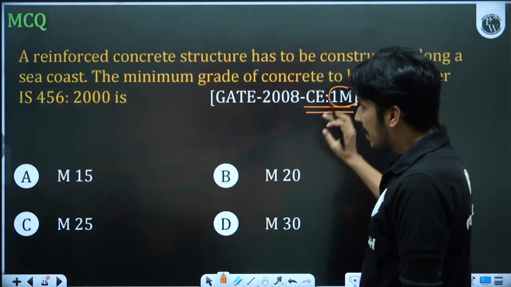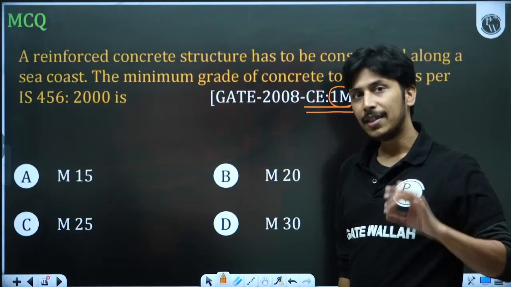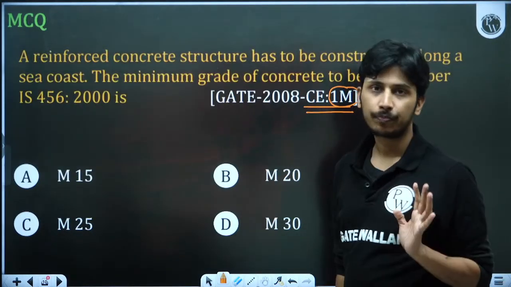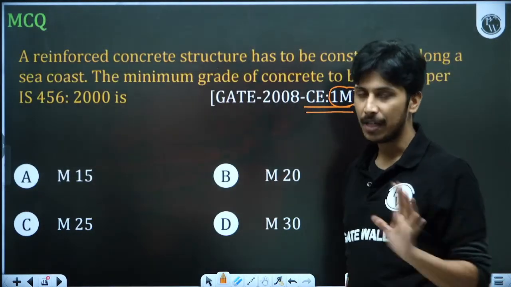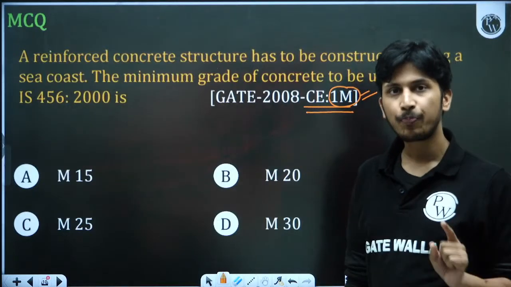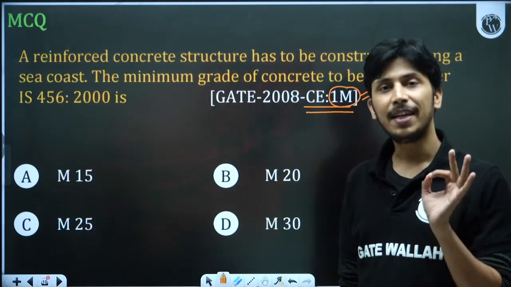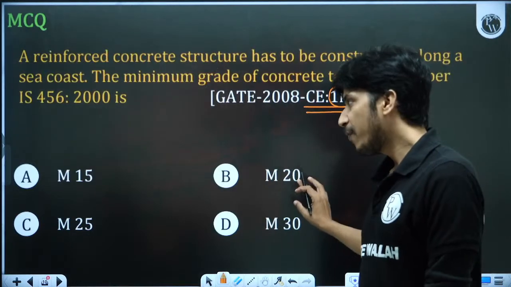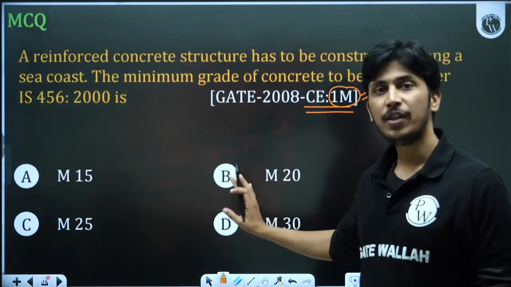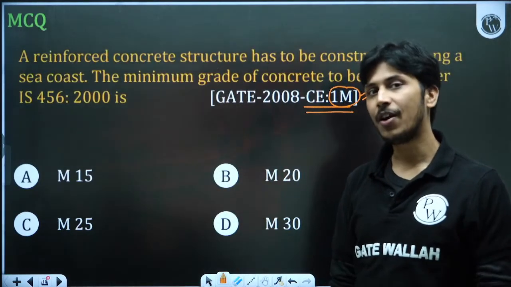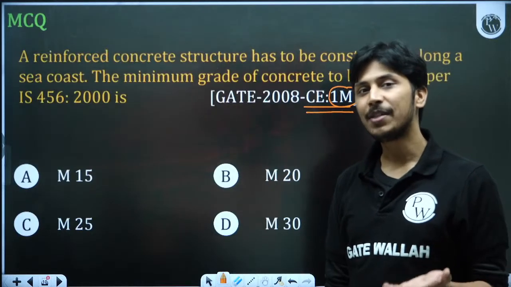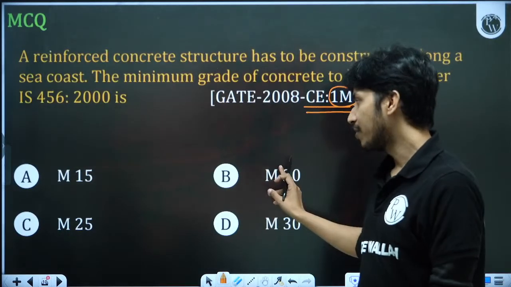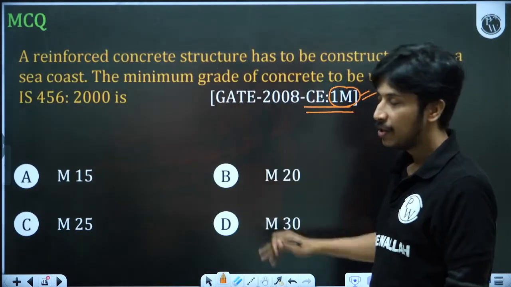So whenever you analyze these questions, just see the related table. Don't see the concepts. I'm again repeating, just see the table from where it is taken. These types of questions are the only ones where you need to mug up. That is why I always say that for the GATE exam, sometimes you have to mug up for questions which are direct answer based.